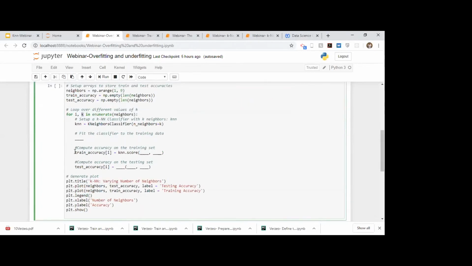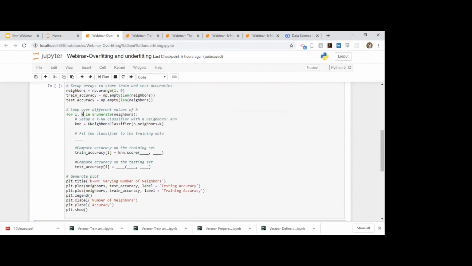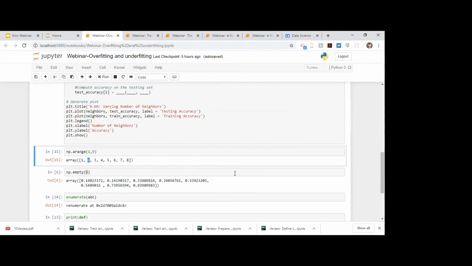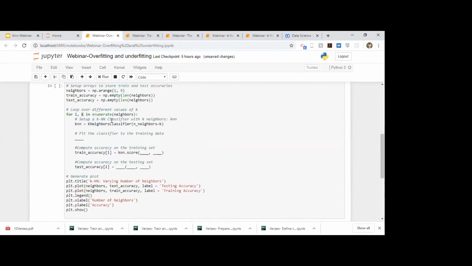Similarly, after doing the whole process, it will loop again and go on to the second pair, so i would be 1 and k would be 2, so neighbors would have a value of 2. It will do it for all the 8 values. This still returns an object, but anyways, you get the point of what I was trying to explain about enumerate.